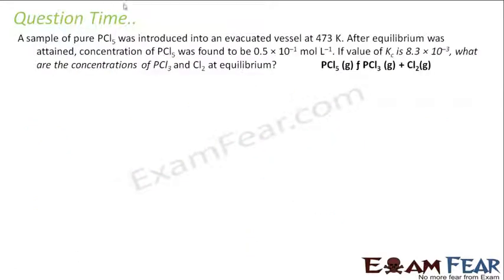A sample of PCl5 was introduced in an evacuated vessel at 473 Kelvin. After equilibrium was attained, the concentration of PCl5 was found to be this many moles per liter. If the value of Kc is this, what are the concentrations of PCl3 and Cl2 at equilibrium? So it says that